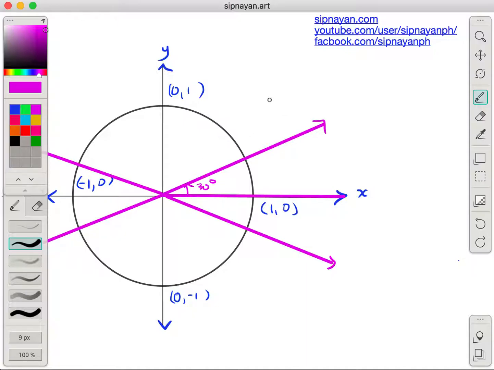Dito, ang gagawin natin is i-rotate muna natin siya ng 30 degrees. Huwag niyo muna pansinin itong iba, kasi dinrawing ko na lang yan para mabilis kasi masyadong hahaba yung video. But we're actually rotating this ray 30 degrees counterclockwise. So, kaya meron tayong positive 30 degrees. Now, the problem is, katulad sa previous video, is to find the coordinates of the intersection of the ray and